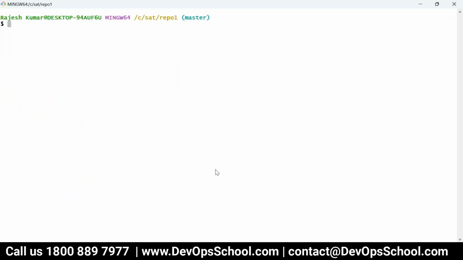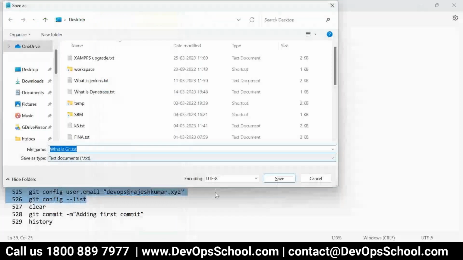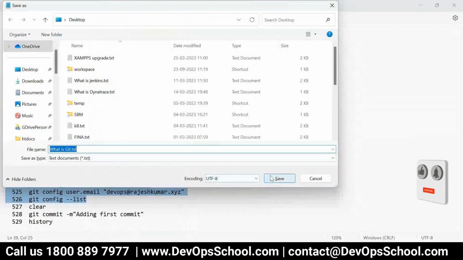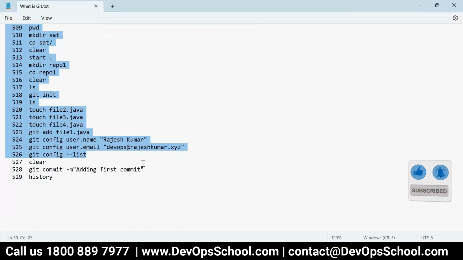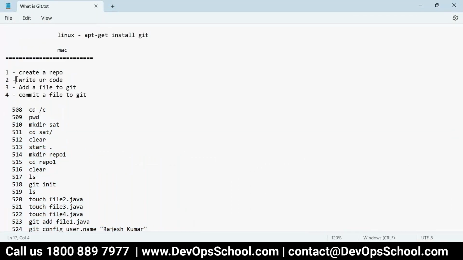Yes, Rajesh. While adding the file, we can also copy the file from a different location, right? Instead of adding, you can copy and paste, that's common sense. I said you can copy the file and then add it and commit it. That's not a problem.